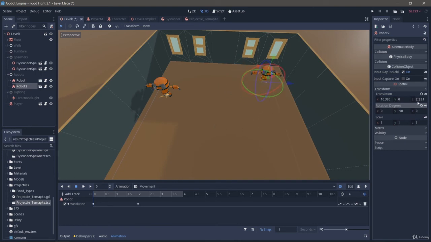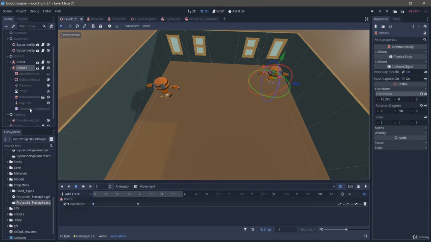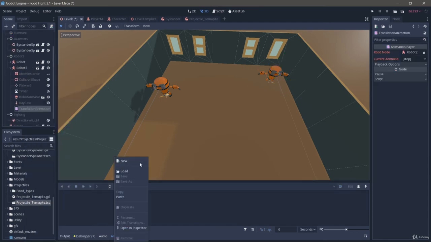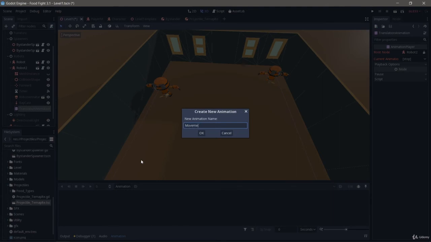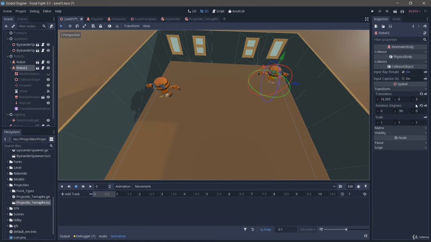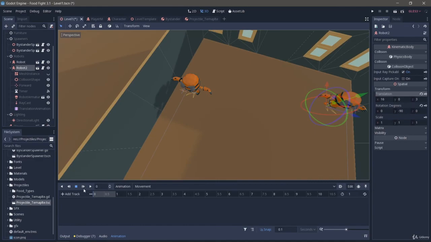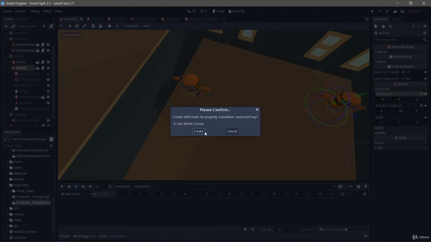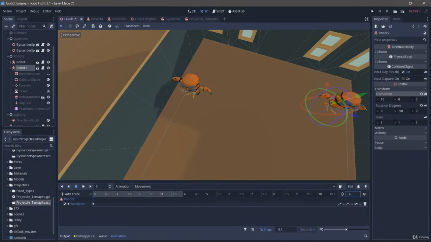Okay, so you're going to start at 3. Now, this one is going to need editable children again. Go to this translation animation. New, movement, and same deal, right? So let's go to our robot. Let's say you're 16 meters on the X. Yeah, that's pretty good. And I'm going to make a brand new key. This is a 4 second animation that auto starts and loops with 1 second steps. And at 2 seconds, you should be over at -8 on the Z. Put a key in. Great. Now when I press play,